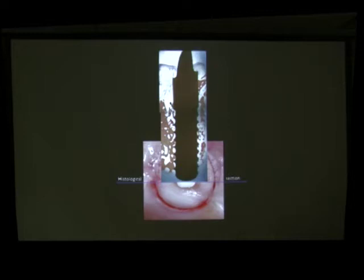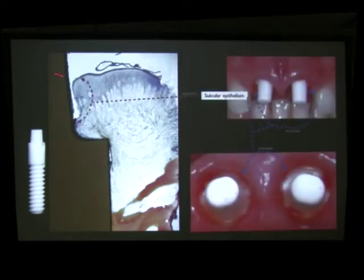And this is the histology. The zoom of the histology was done in two parts. So this is one slide and the other slide, but this is how the two histological views under the microscope look. And when we zoom inside the gum, this is what we find. This is the circular epithelium. It's an area that is non-attached. It's not attached to the natural teeth. It's mobile, and then we have